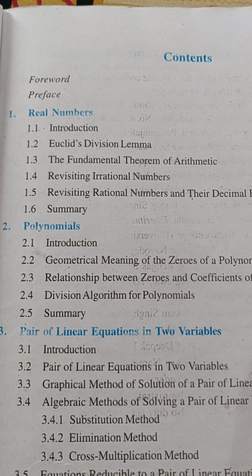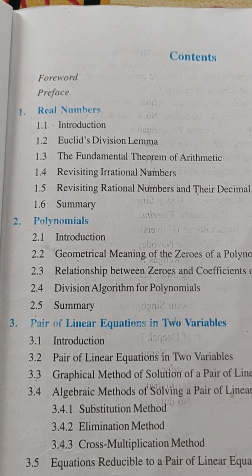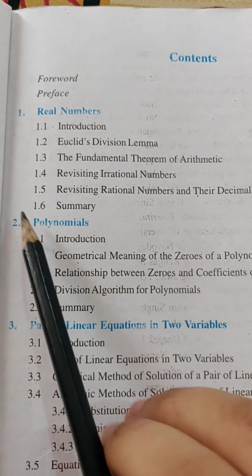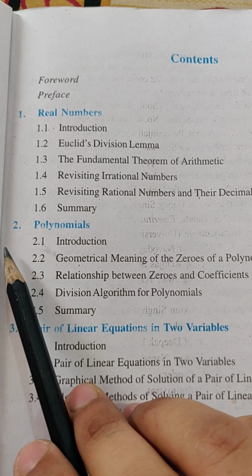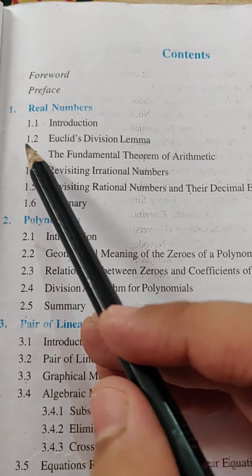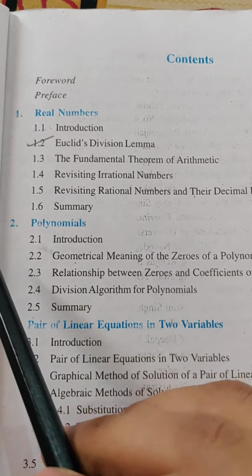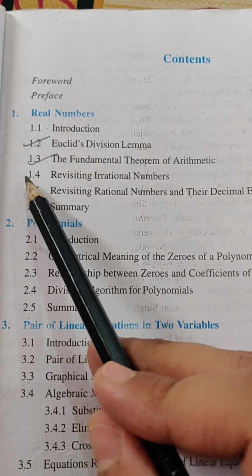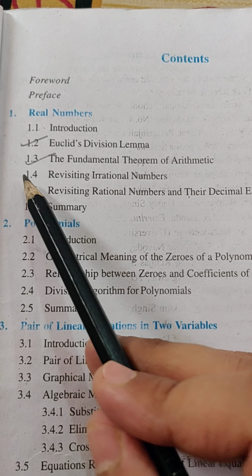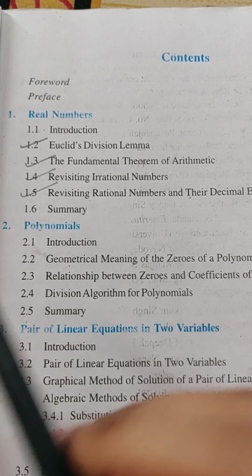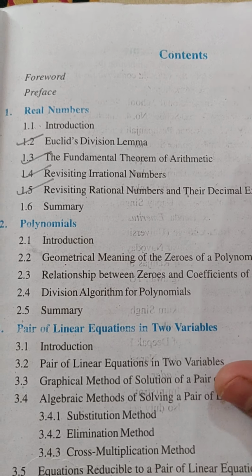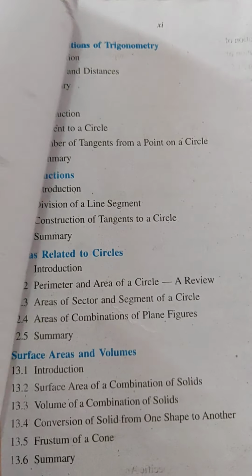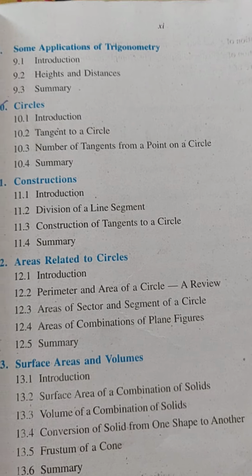Hello everyone, this is the first chapter of class 10th standard, that is Real Numbers, we are taking up. This chapter will be split into 4 smaller videos. The first one we will take up is Euclid's division lemma. In the second video we will take up the fundamental theorem. In the third one, revisiting the irrational numbers, and the fourth one, the last exercise. Now to begin with Euclid's division lemma, that is the first of the topics.